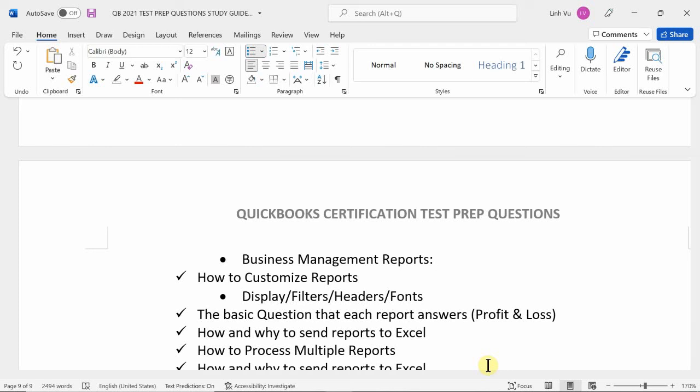That doesn't necessarily have to do anything with my accounts per se, but it does have to do with my items, right? If I'm listing my employees, my contact information for my employees, that's what I can get for business management. What's the most important about that? Maybe I need to contact my employees. Same thing with a customers list, right? Who are my customers that keep coming back? Who are the vendors that I am using as suppliers? Okay, so business management is going to be dealing with anything like items, lists, people,